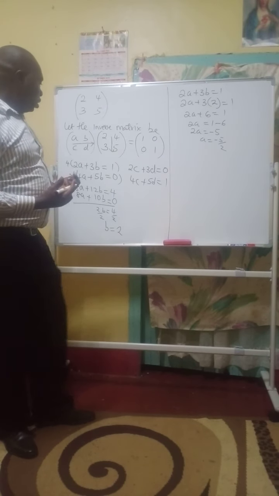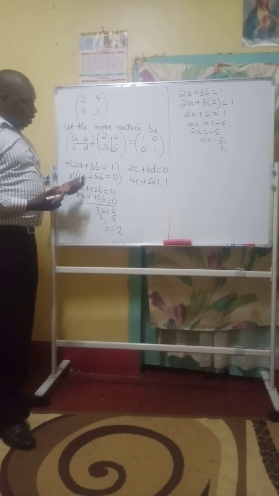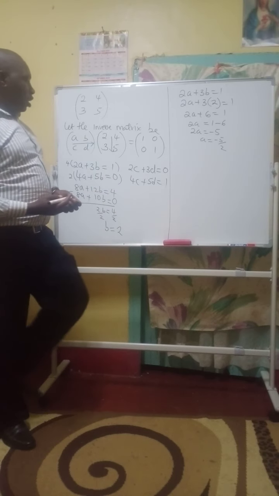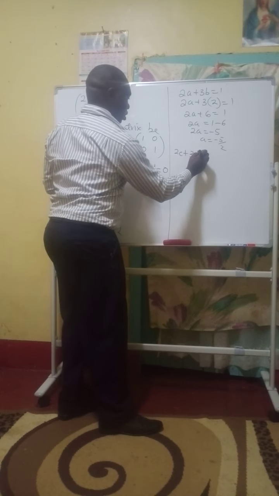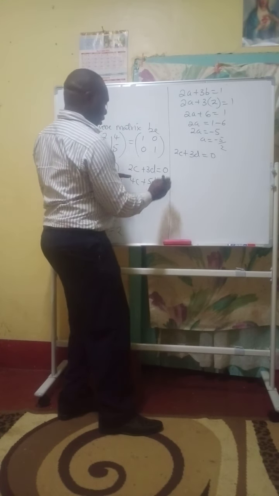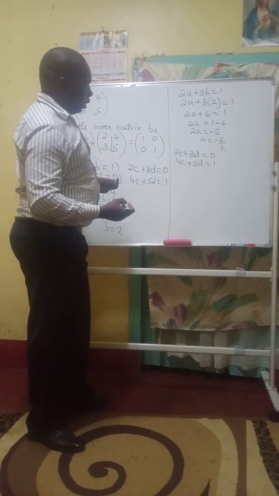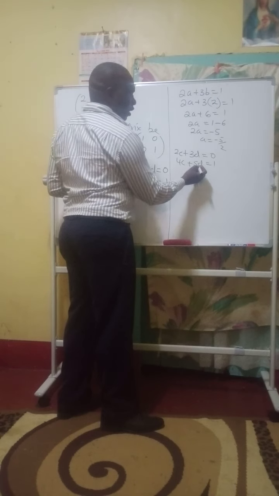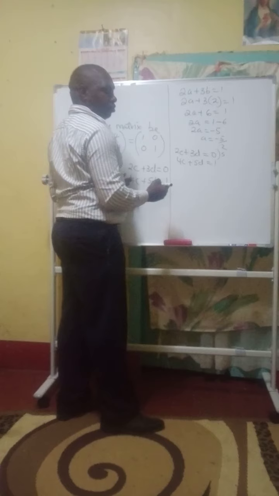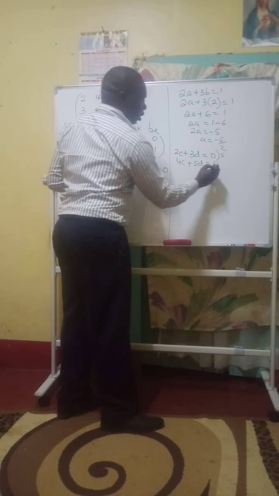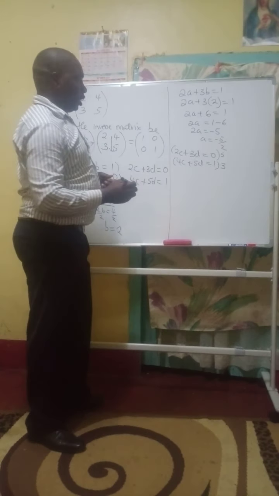We have already worked out the first two linear equations simultaneously. Let's do that to the second equation, so that we have 2C plus 3D is equals to 0, and 4C plus 5D is equals to 1. Again, I want to eliminate D here, so I'm going to multiply the first equation with the coefficient of the second equation, and I multiply the second equation with the coefficient of the first equation as such,